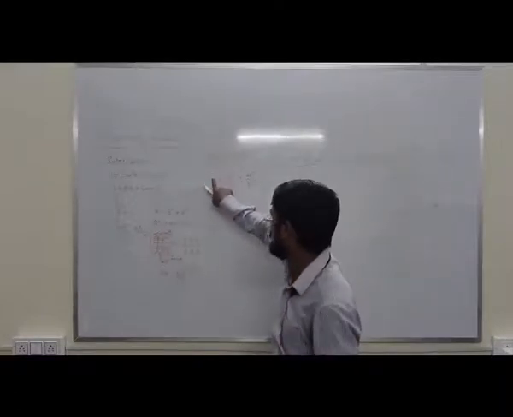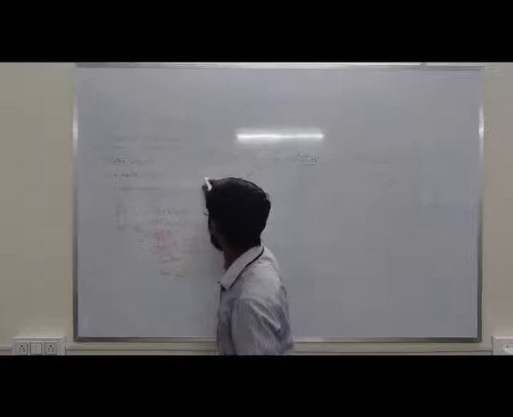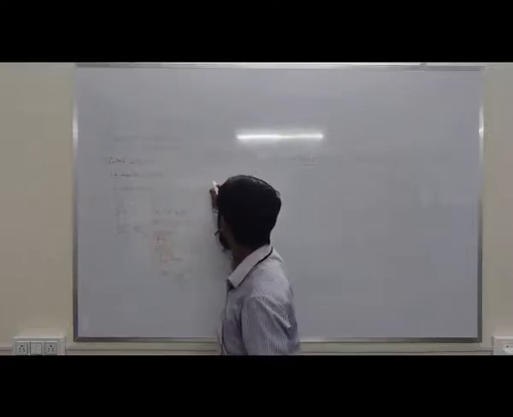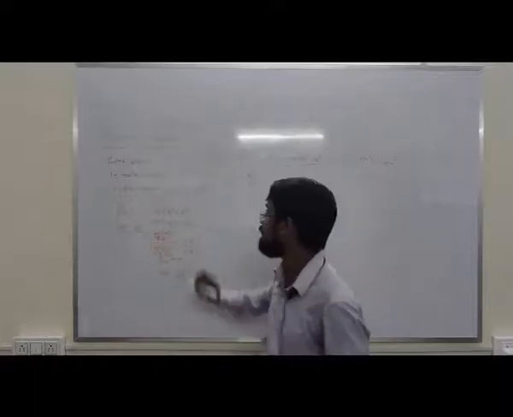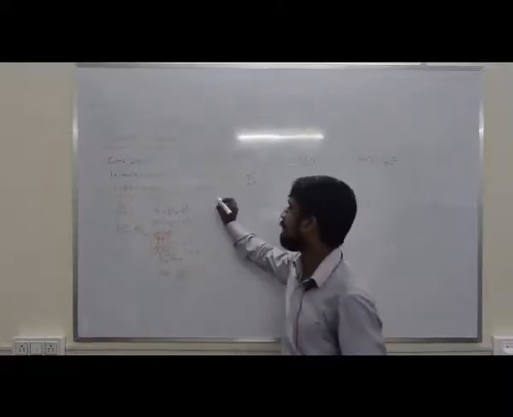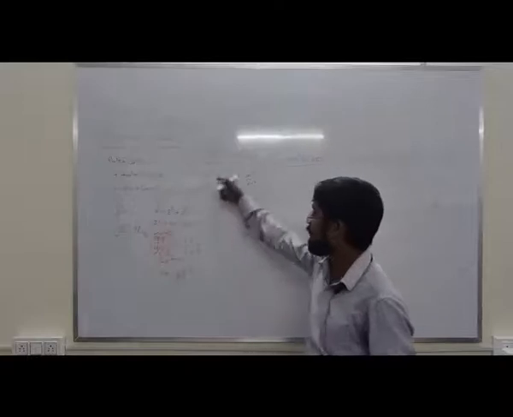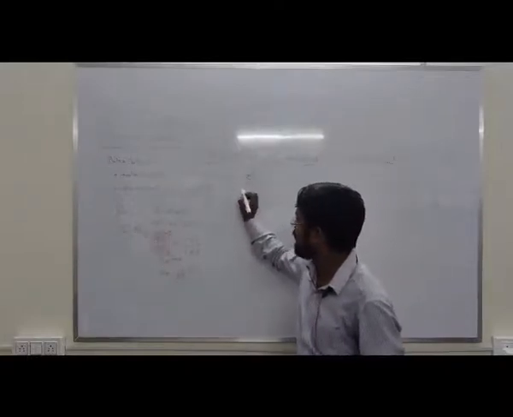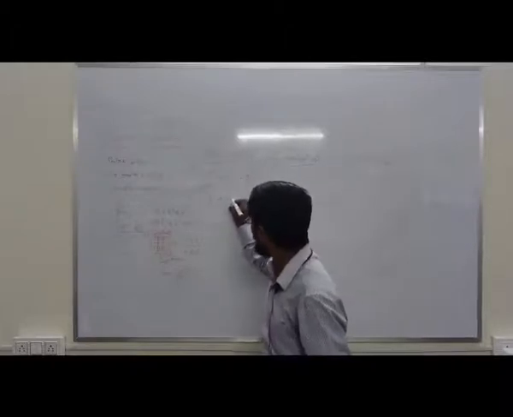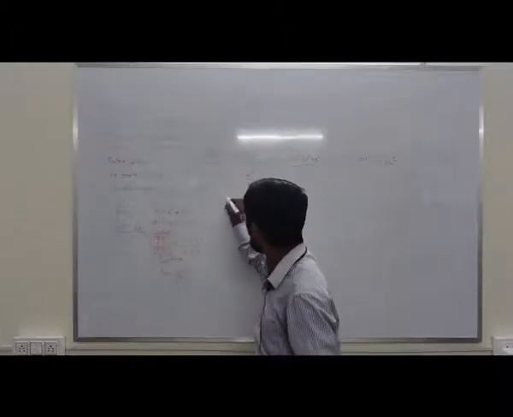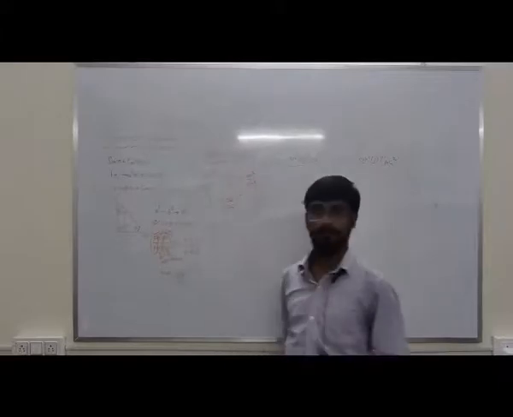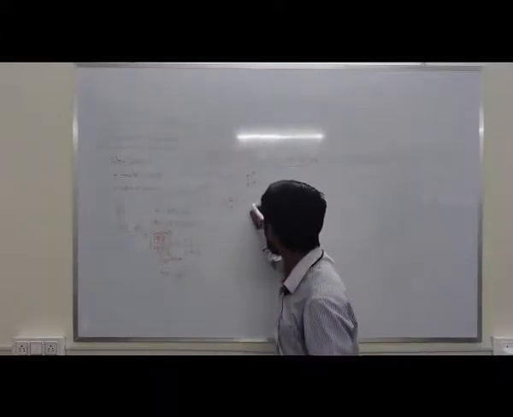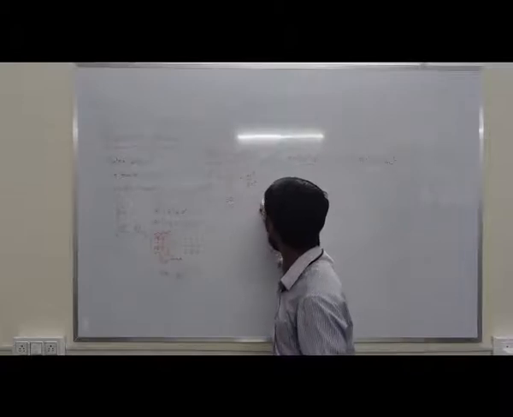Okay, I have written directly, so let me write again, otherwise you will get confused, right? BC square here and I am dividing by BC square. So what will you get? BC square cancels, you will get 1. That is what I have written directly. So let me not make you confused, so I am doing it step by step, okay? So 1, and here you get AB by BC, you can write this as AB by BC whole square, right? Plus this one, AC by BC, whole square.